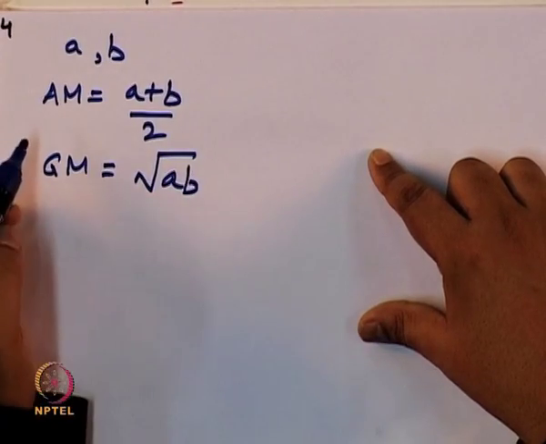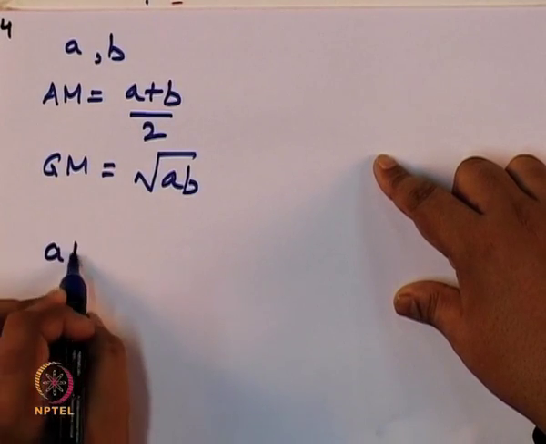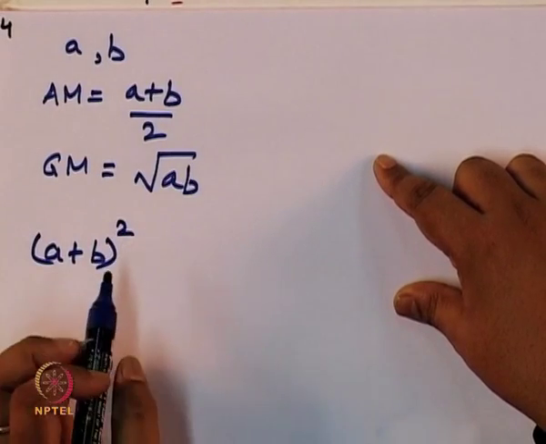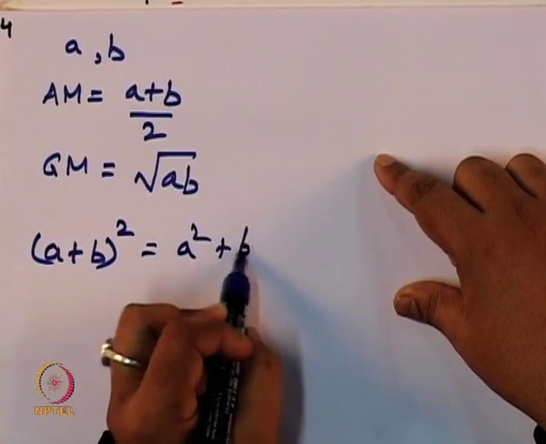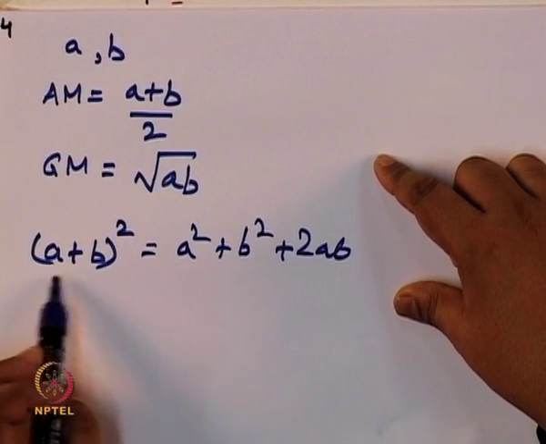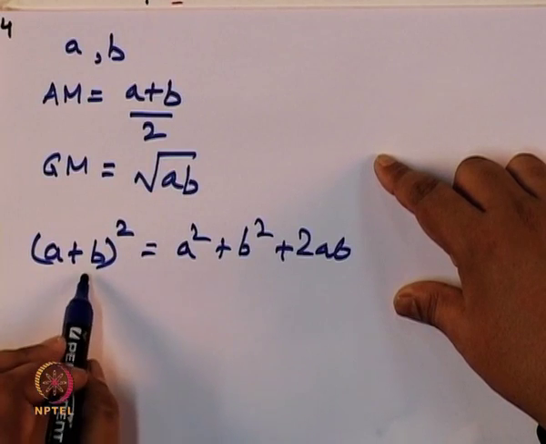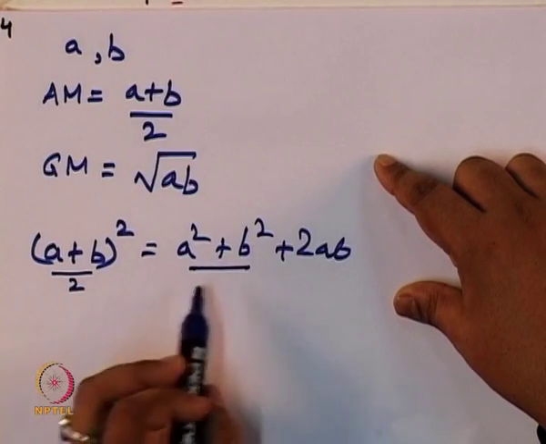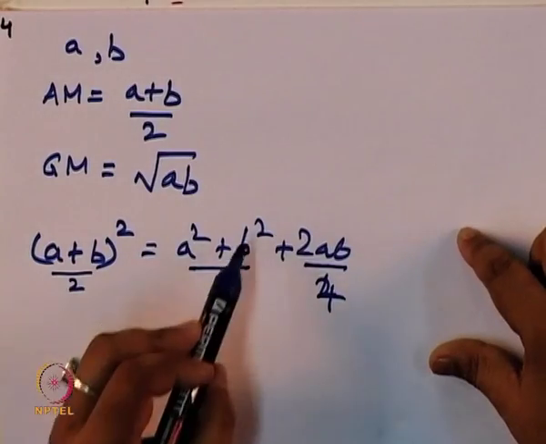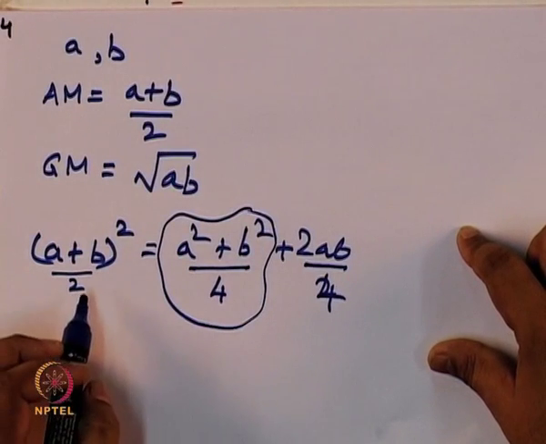Okay. So, can I say anything as to how geometric mean and arithmetic mean relate to each other? I can write (A plus B) whole square, which is A square plus B square plus 2AB. So, if I divide by 2, (A plus B by 2) whole square is A square by 4, B square by 4, plus AB by 2. Since this quantity is always positive, I can clearly say that